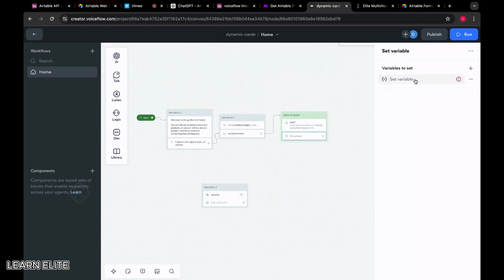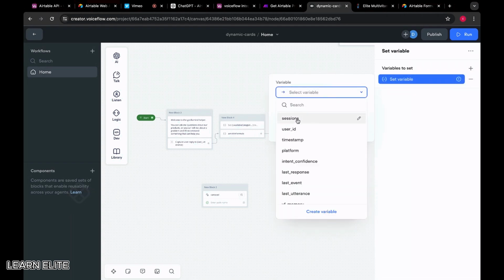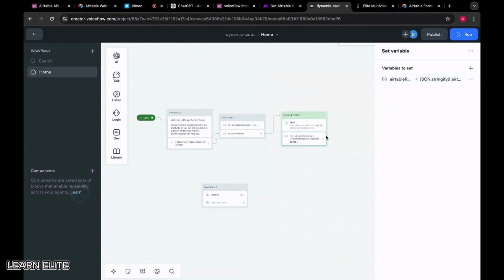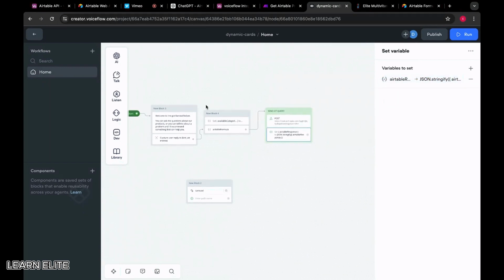We want to stringify this. So if I just set Airtable response, we want to do JSON.stringify Airtable response. And this is going to make it so it's not an object. You don't have to worry about what that is. Just copy this. And now if we test this block,